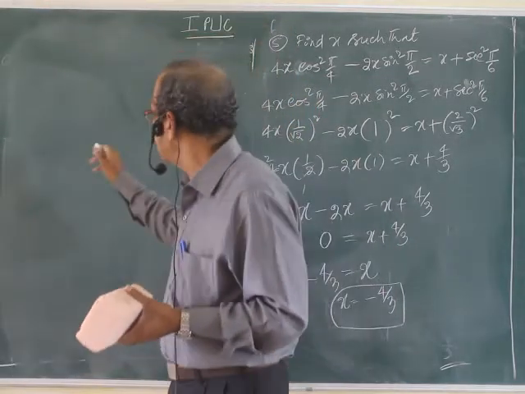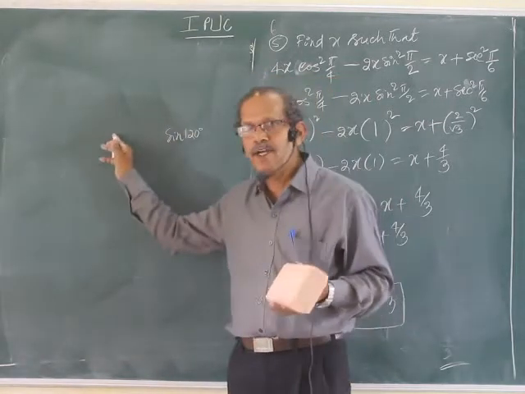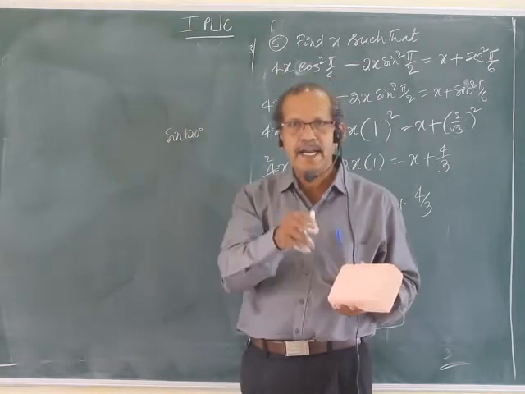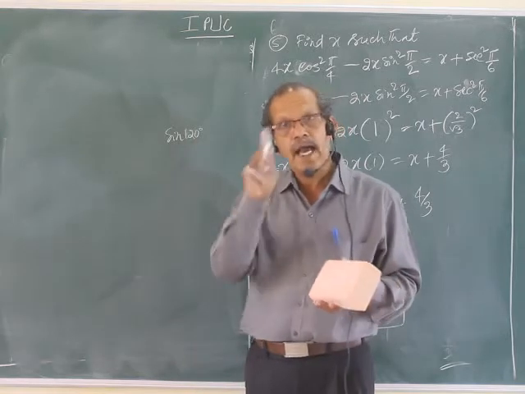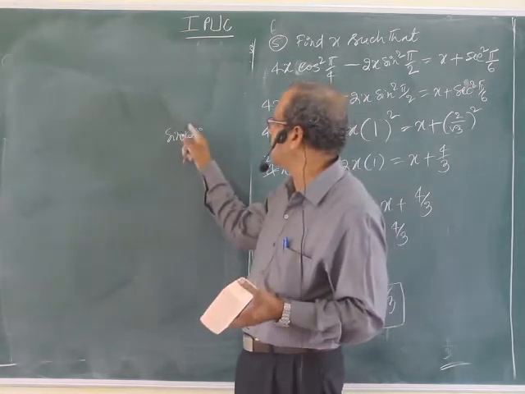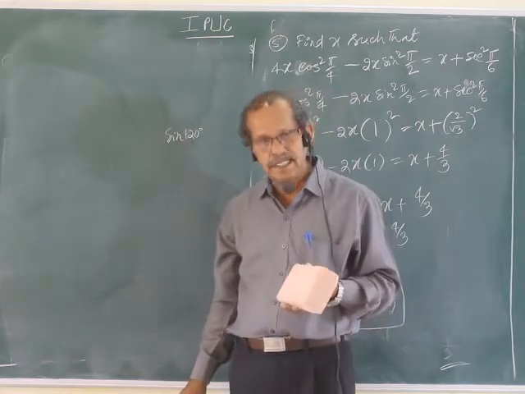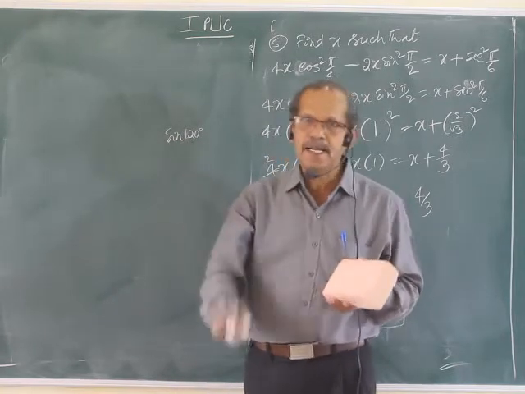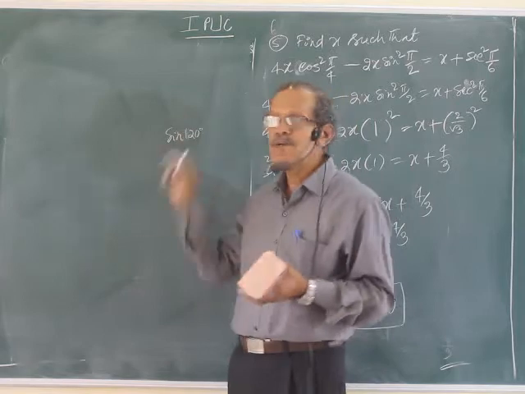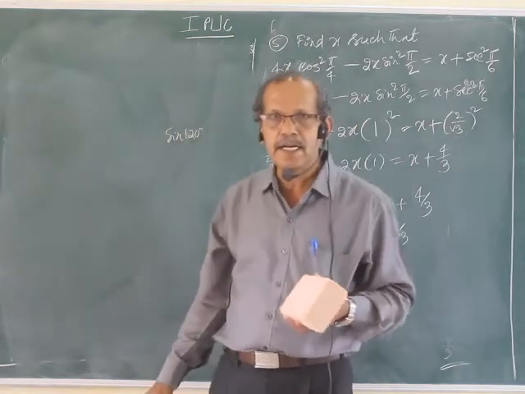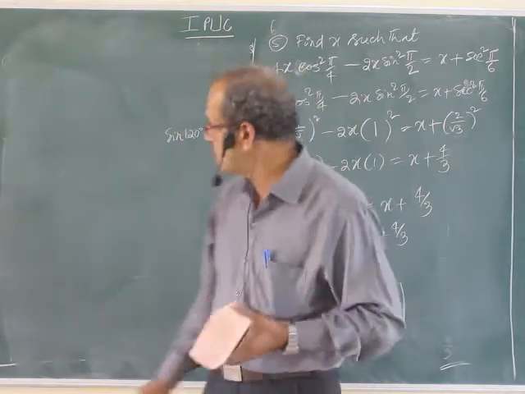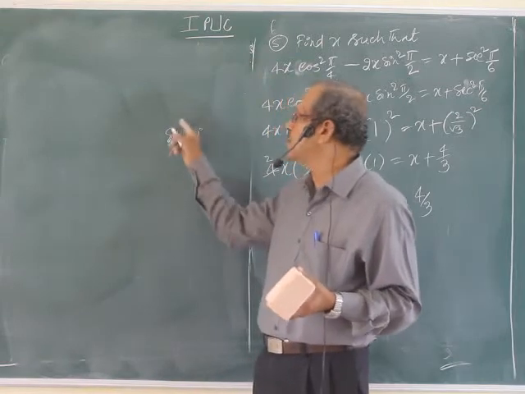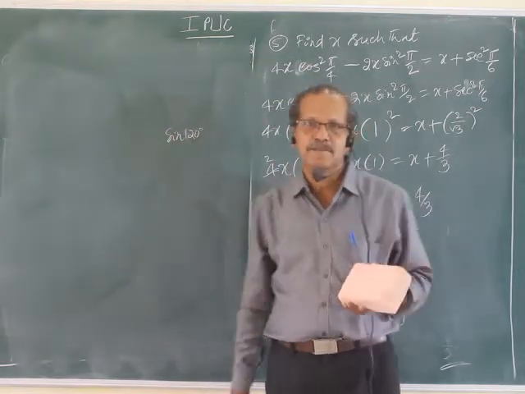In order to find a trigonometric ratio of any angle, you know how to find that? Draw a right angled triangle. Can you draw a right angled triangle with one of the angles 120 degrees? Is it possible? No. Right angled triangle means 90 is already over. Again, 120 degrees means how can you draw the right angled triangle? Not possible.